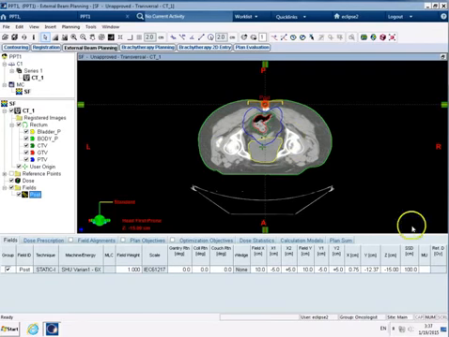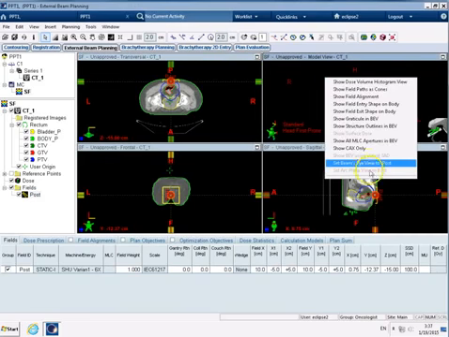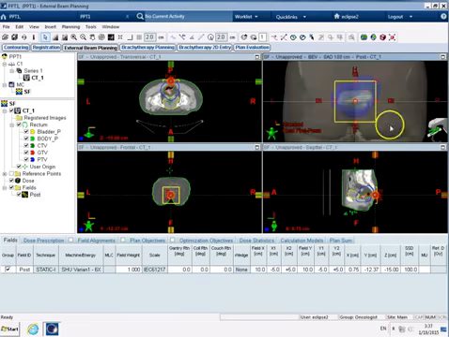So first thing I want to do is set my field size. So if I change my window here, what I can do is right click there, and I'm going to set a beam's eye view there. So we can see here that that's my tumour, my PTV, and this is my field size. And we can see that if we were to have this field size, then we wouldn't quite cover the tumour. So we've got a few ways we can do this. So we can look down here and we can change the field size. So I can maybe make that 15 by 15,